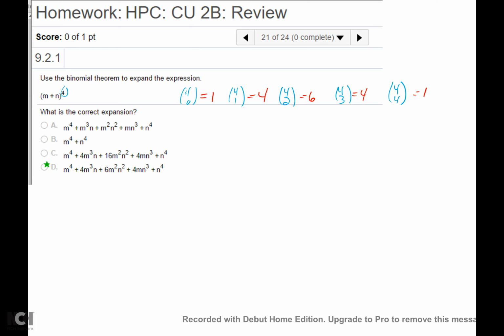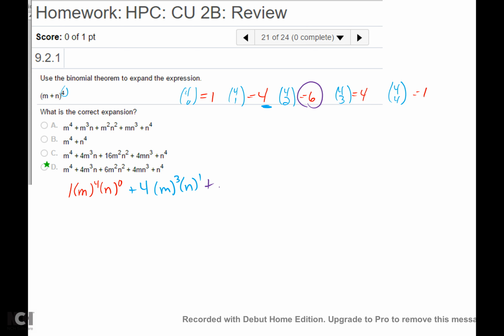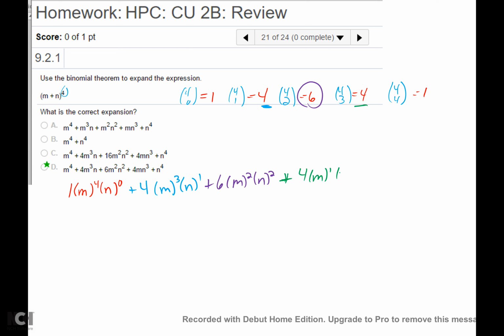Okay, and then we start our expansion. So we're going to have 1 times m to the 4th, n to the 0, plus 4 m to the 3rd, n to the 1st, plus 6 m to the 2nd, n to the 2nd, plus 4 m to the 1st, n to the 3rd, and last but not very least, plus 1 m to the 0,